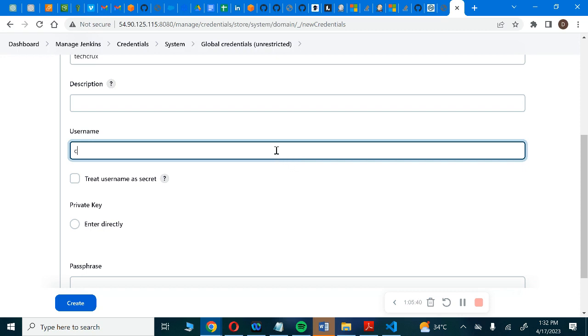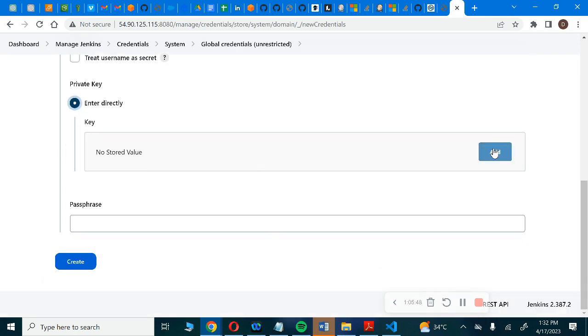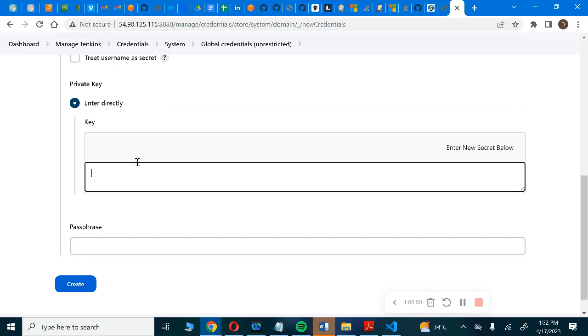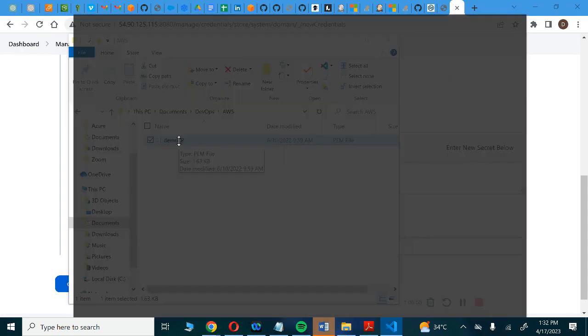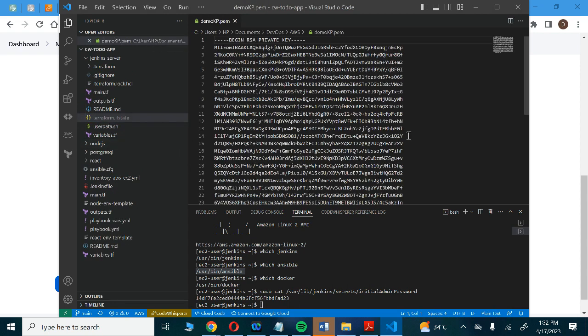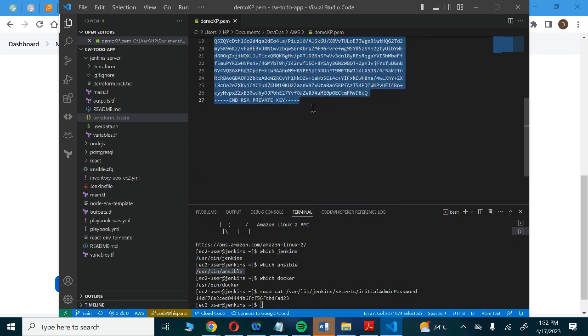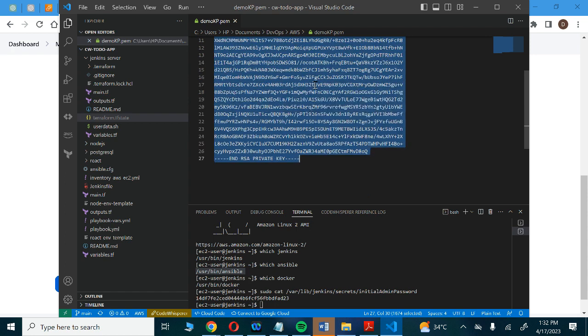So here we would indicate EC2 user. Then the private key, look, the private key will be pasted here. Our private key is demo keeper, right? So you go to where you have your demo keeper, click it, or you can open it with a notepad. What you want to do is to copy all the content you have here, right from the dash sign, from BEGIN RSA PRIVATE KEY, copy it down to the last line there, right? Copy,